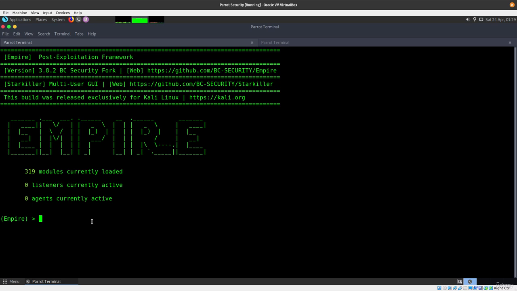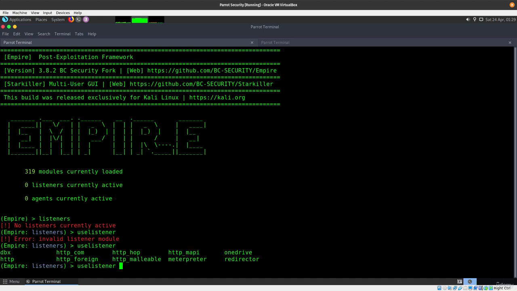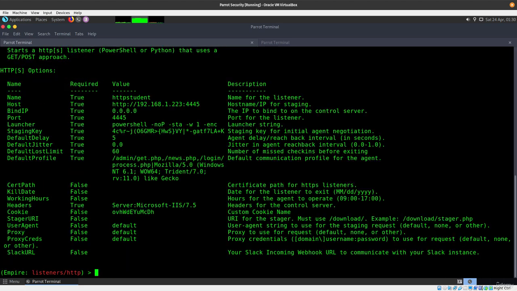So the first thing that we need to do is set up a listener. The way you do that is you go to the listener menu, and from here you do use listener. You want to specify which listener you want to use. We want to use the HTTP listener. Then from here you type info to see what you need to